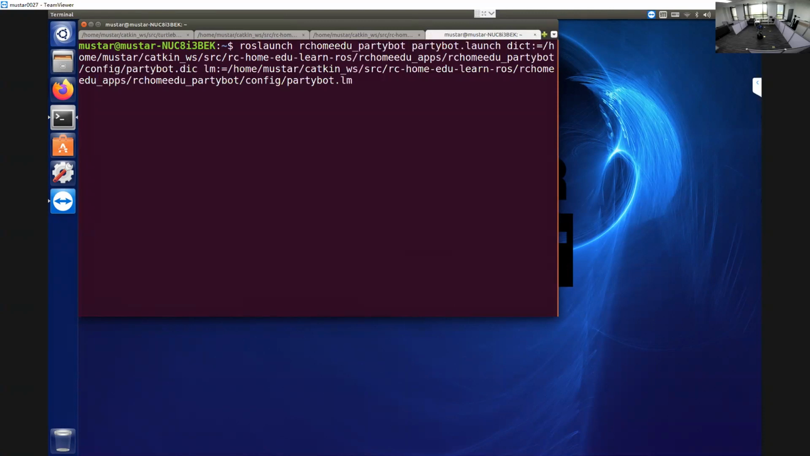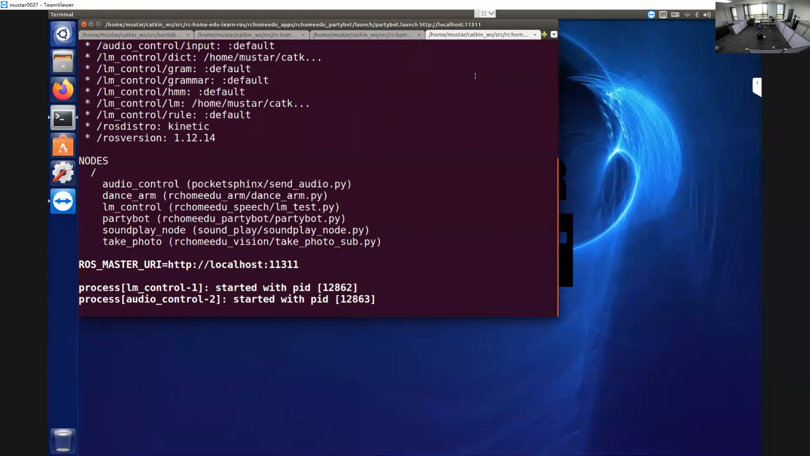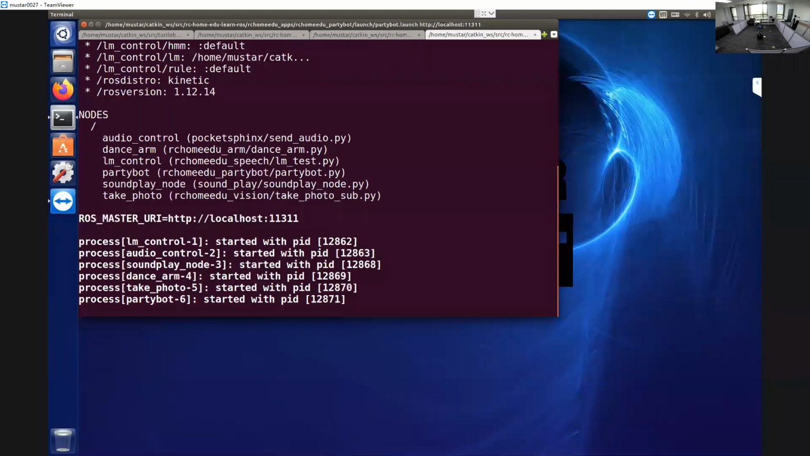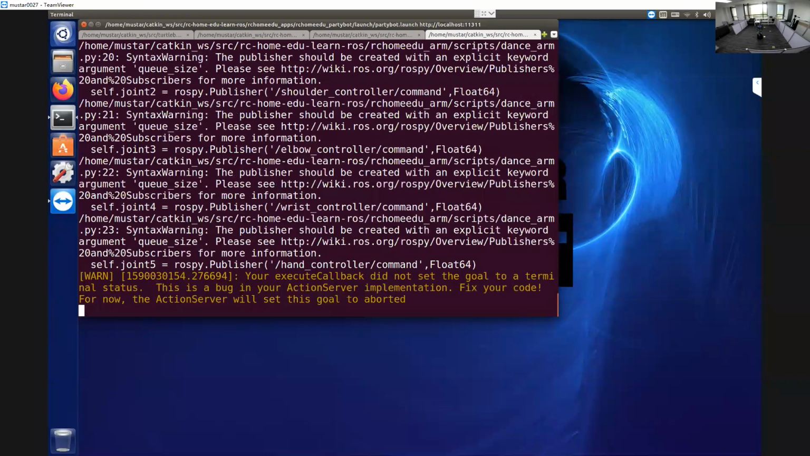party boy launch. We have specified the DIC and the LM file, which we have discussed in the speech lecture, how to set up this DIC and LM file to tell the robot which words the robot will know the meaning. So I will change the microphone to the camera. So the robot is ready to get